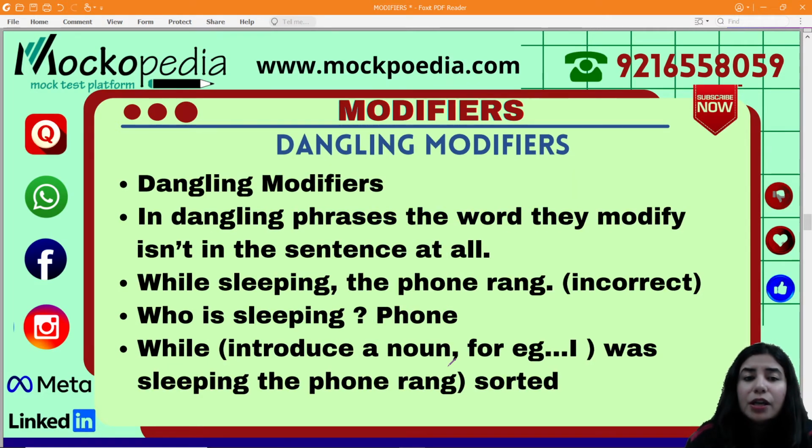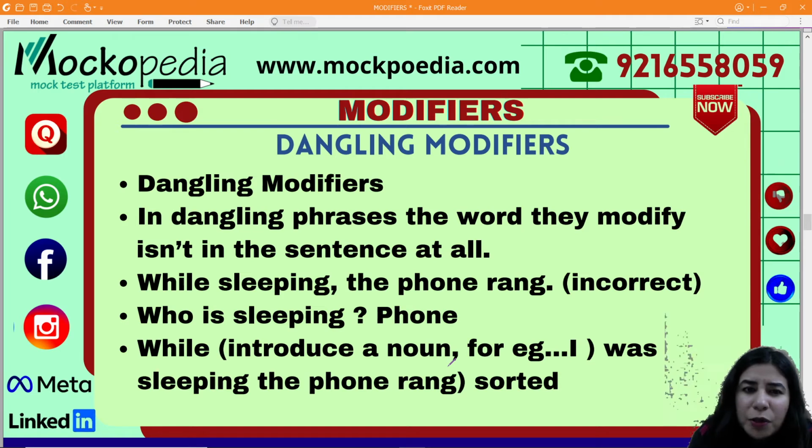Now let's further come to the next concept। तो जैसे एक कॉन्सेप्ट होता है मॉडिफायर्स का मिसप्लेस मॉडिफायर, एक और कॉन्सेप्ट होता है जिसको हम बोलते हैं डैंगलिंग मॉडिफायर्स। तो डैंगलिंग मॉडिफायर्स क्या होते हैं ये अभी हम एक्सप्लोर करेंगे, ठीक है। डैंगलिंग मॉडिफायर का मतलब है कि आपके सेंटेंस में मॉडिफायर तो है पर वो वर्ड नहीं है जिसको मॉडिफायर एक्सप्लेन करना चाहता है। तो बड़ी स्ट्रेंज सी बात हो गई ना, मतलब मॉडिफायर है पर वो टर्म नहीं है जिसको मॉडिफायर एक्सप्लेन कर रहा है। तो फिर इम्प्लाइड मीनिंग पे तो आप काम कर नहीं सकते बिकॉज यू नीड एक्चुअली द वर्ड सो दैट वी नो व्हाट इज द मॉडिफायर टेंडिंग टू एक्सप्लेन, राइट।